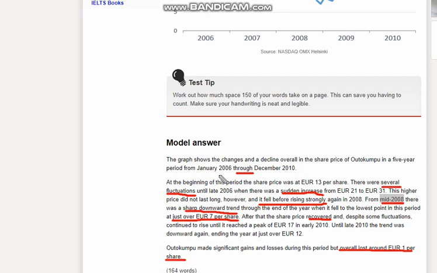You can get statistical data from somewhere on the internet, and you can try to write something about that